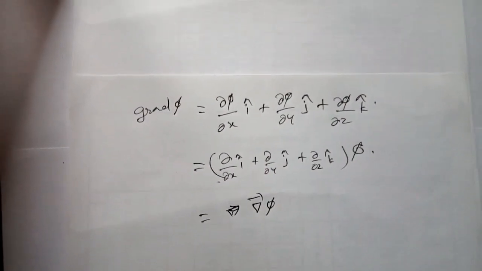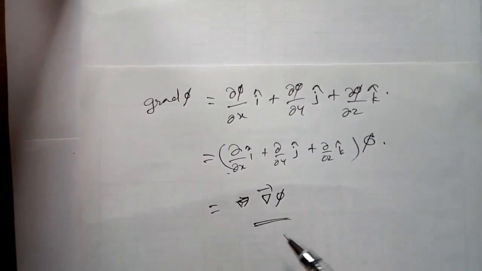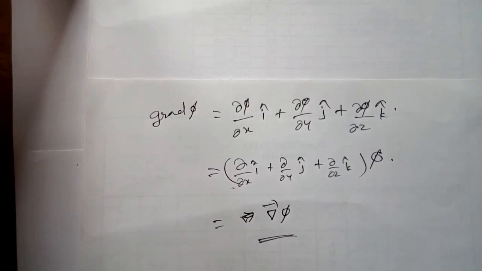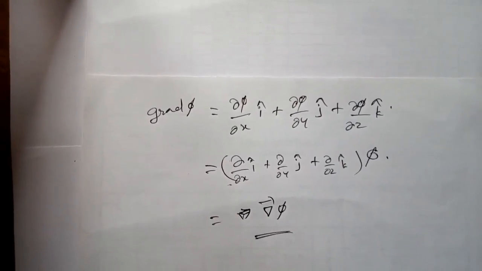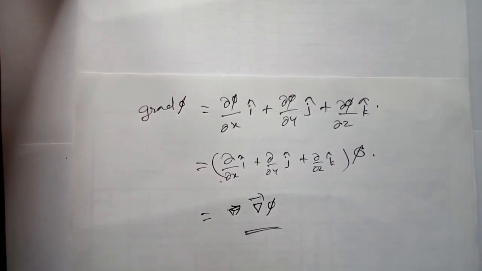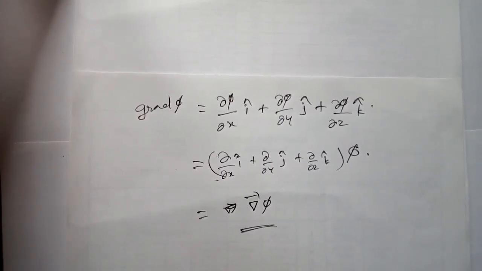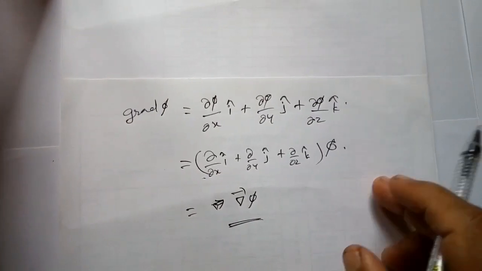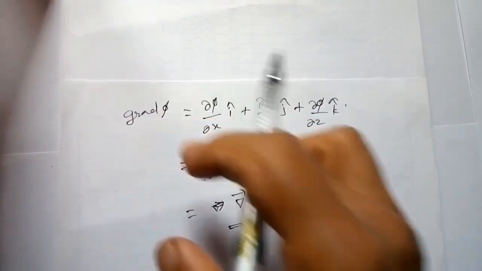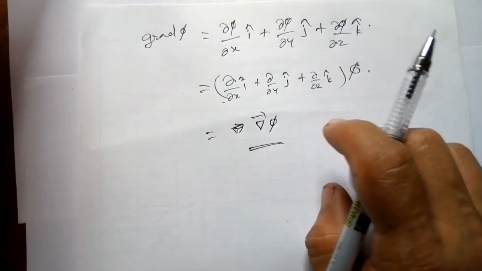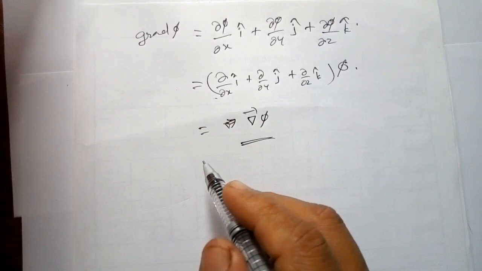So this is exactly the mathematics that we wrote. Now the question is, what is the physical significance? What is the significance of the gradient? Like a vector, the gradient also has a magnitude and a direction. Grad phi also has magnitude and direction. To determine its geometrical meaning, let us consider the dot product.